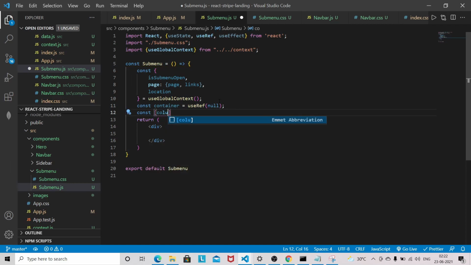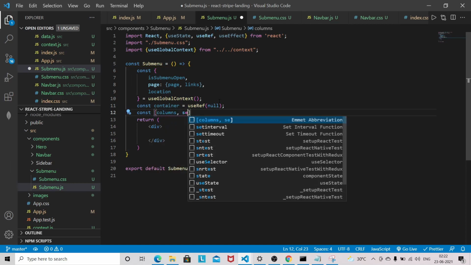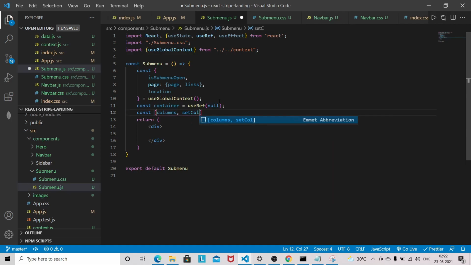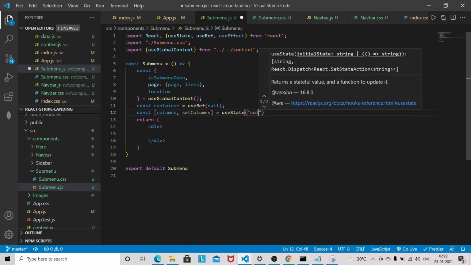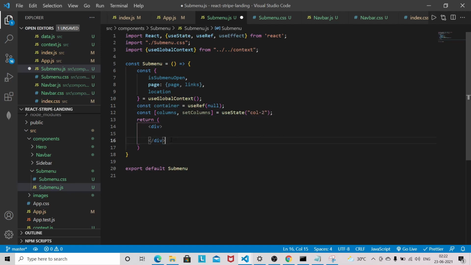So columns, setColumns, and by default the column state will be col-2. So let's work on the styling part first in the component.